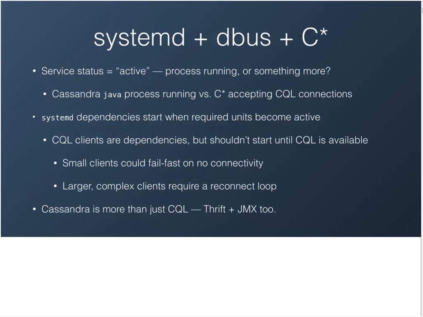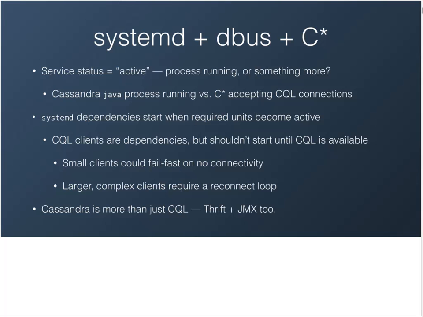And so one of the things we've been working on is trying to more tightly integrate Cassandra with Systemd and dbus. The reason for that is Systemd has this concept of a service status, whether or not it's starting or stopping, or if it's active or inactive. But the definition of that can vary. Does active just define that a process is running? Does the PID exist, or does it actually mean something more? So in the Cassandra case, does it just mean that Java is running, or does it mean that Cassandra is